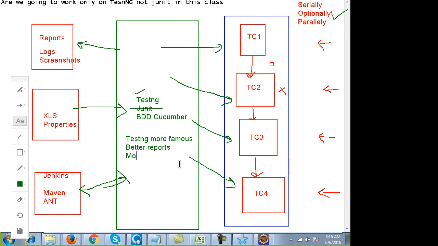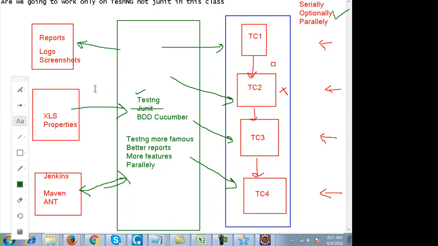It has more features than JUnit, and when you have to run the test cases in parallel, TestNG gives you very good options. It is very easy to invoke the test cases in parallel with TestNG along with Grid. You use Grid then, right?